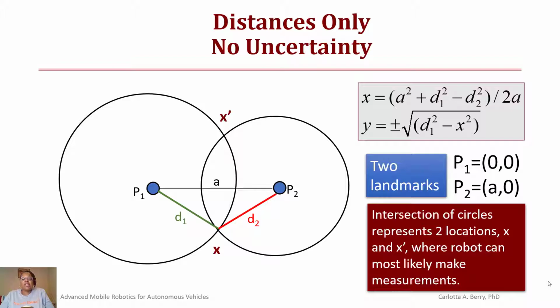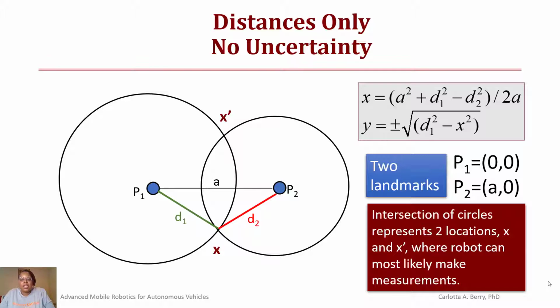So now, if we look at this without including the uncertainty, but we are only going to do it based upon distance, you can now use the following trick. So assume that we have 2 landmarks at P1 and P2, and we want to determine the possible locations of our robot when it detected those landmarks. So we would make the circles around each of those, and we now can use the distance of the intersections of the circles as well as the distance between the 2 landmarks and the following formulas to find x and